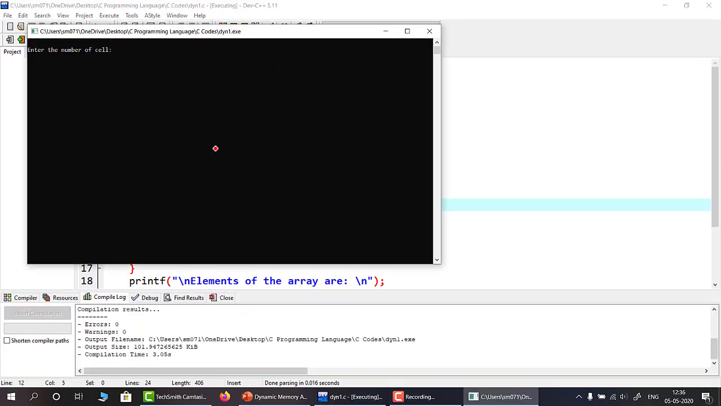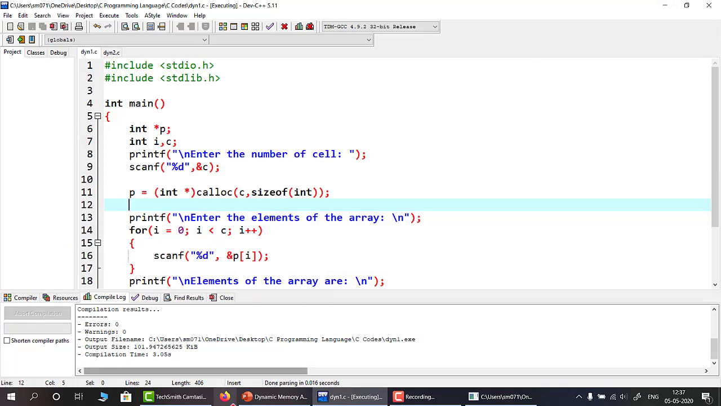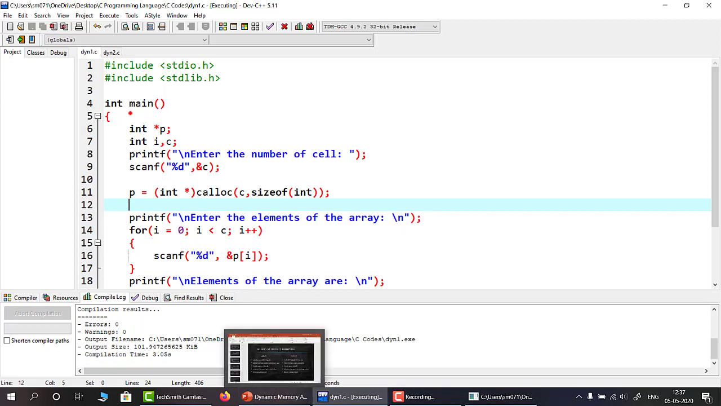So it is asking for the number of cells I want to create. Suppose I want to create 6 cells. Then it will ask for the array elements. Let us take, I am giving 1, 2, 3, 4, 5 and 6. So you can see that we are accessing the array elements by using the starting address of the dynamically created array, which is stored in P. Now let us discuss how we can use this concept